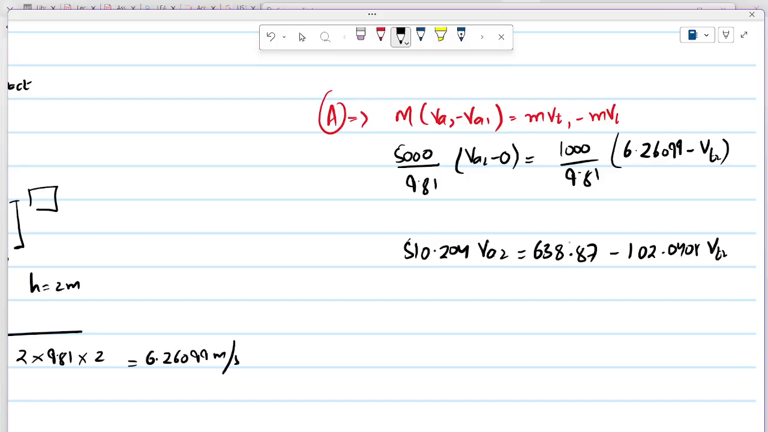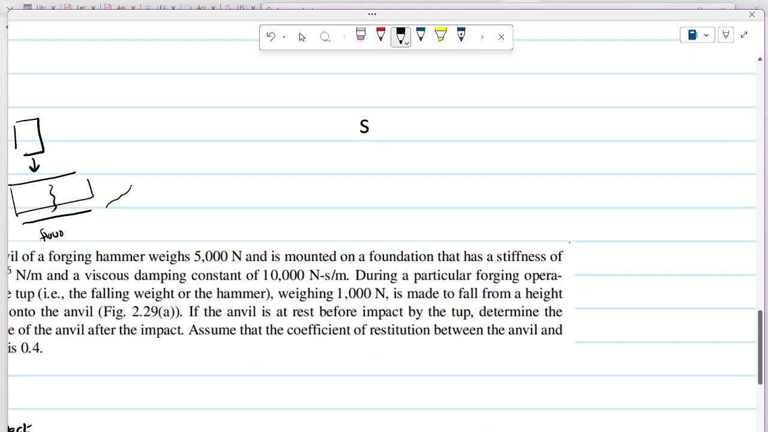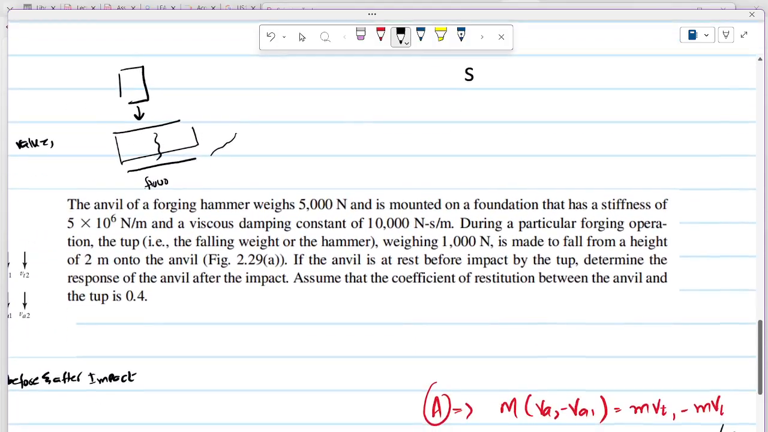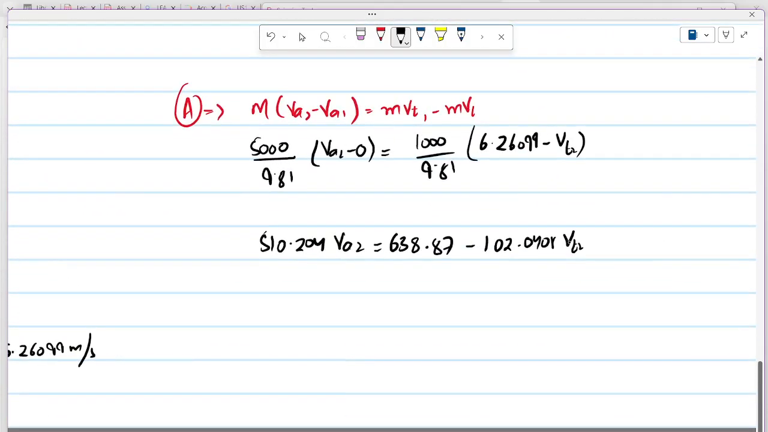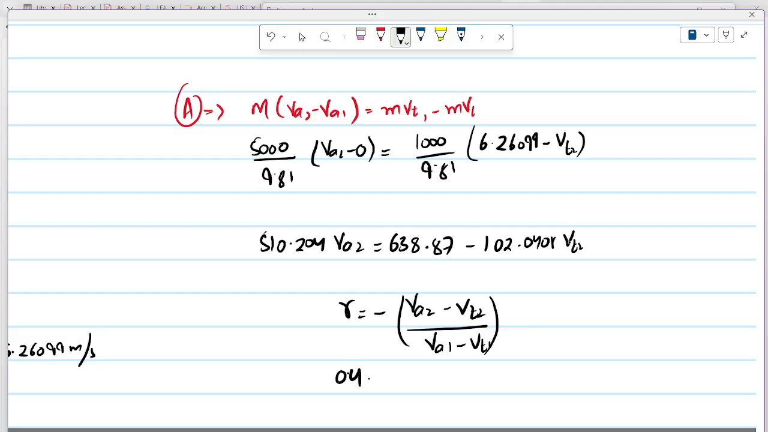Now here, because they provided us the coefficient of restitution, we can use that value of 0.4. The coefficient of restitution is R equals minus (VA2 minus VT2) divided by (VA1 minus VT1). So just start substituting the values. 0.4 equals VA2, which we want to find out, minus VT2, and VA1 is 0 and minus VT1 is